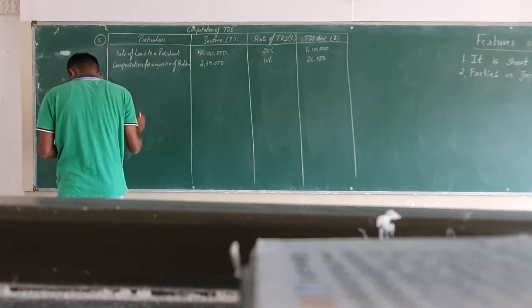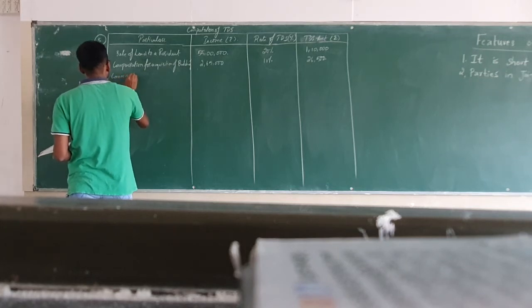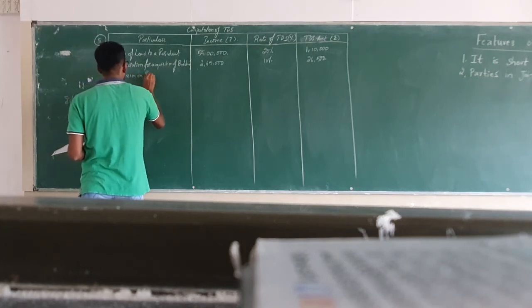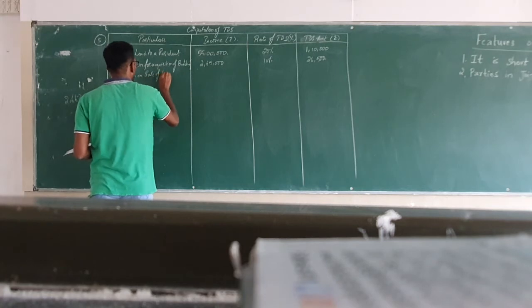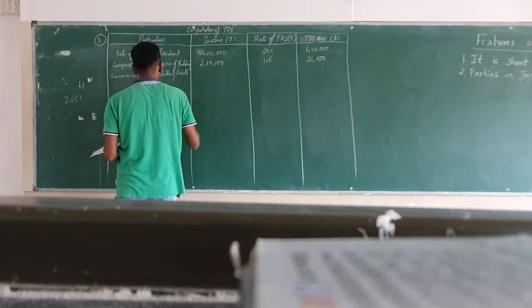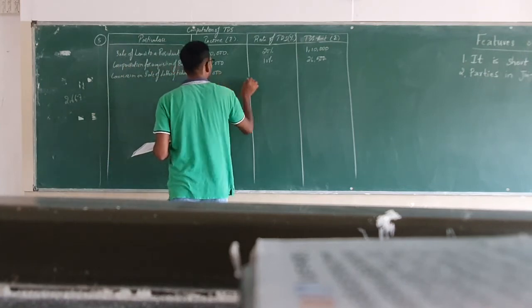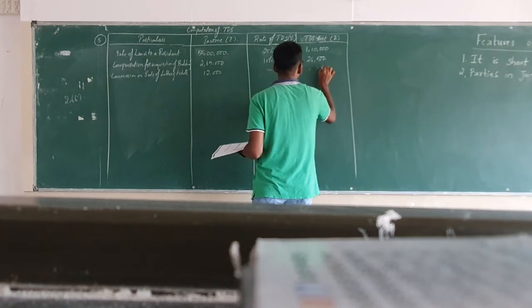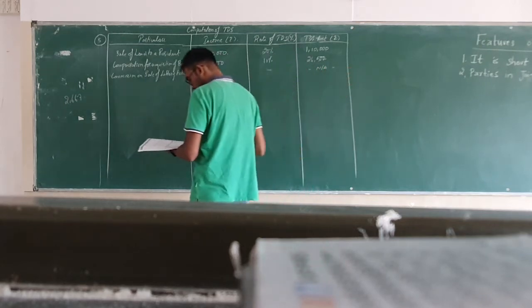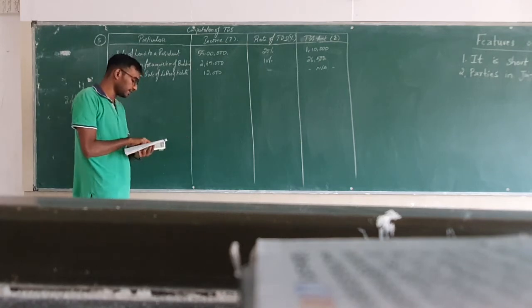So under particulars write down as commission on sale of lottery tickets. Now what is the amount of commission earned? It is 12,000. Since the TDS is not applicable, you have to write as NA, not applicable. Now again look at the fourth transaction what they have given. Technical fees collected is 35,000.